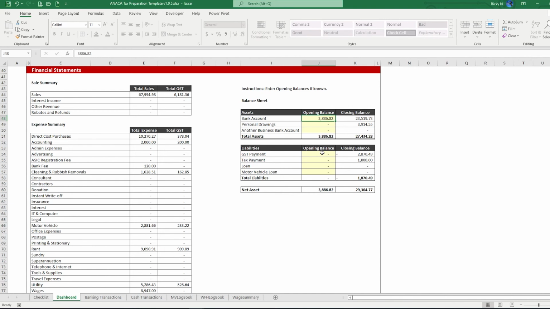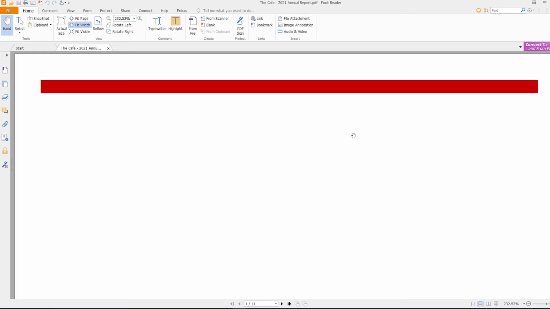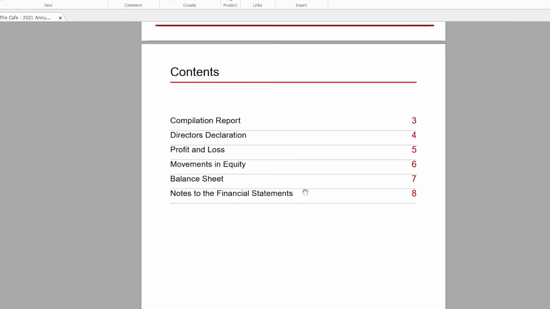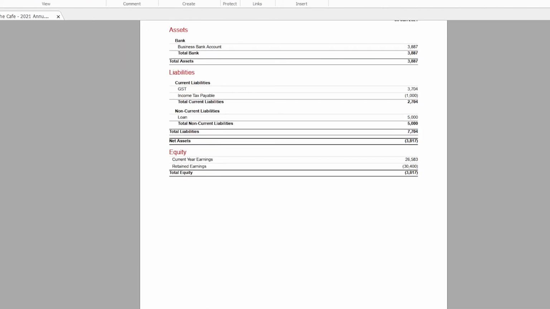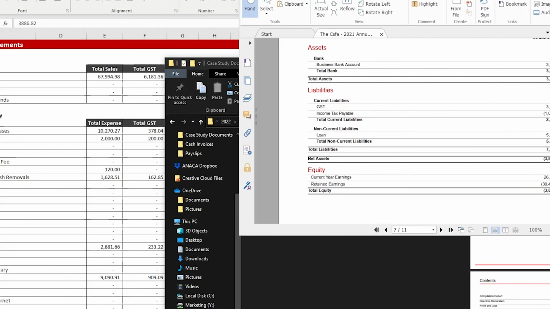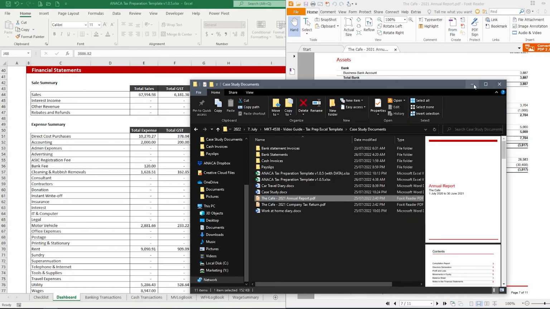Now, to get the opening balance for your liabilities, you can get these numbers from your previous financial report. So going to here, looking at the annual report, opening that up, we can see these liabilities. So in this case, you have your GST, your income tax, and there's a loan of $5,000. So those are the numbers that we need. So the closing balance for last year will be the opening balance of this year.